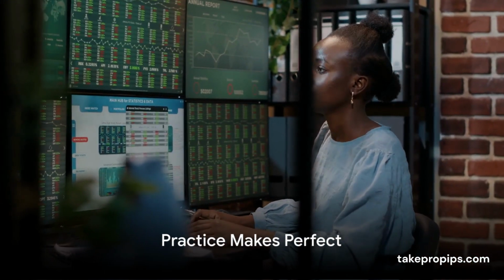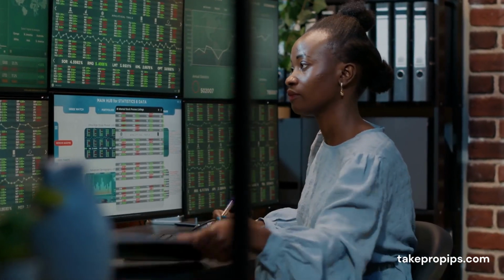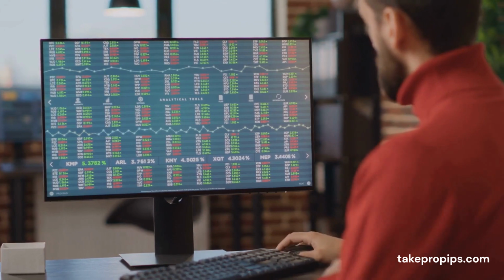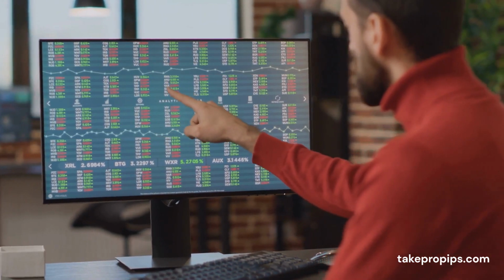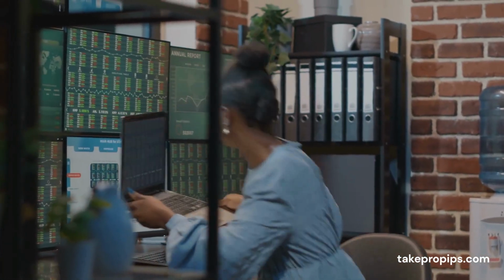Ever tried perfecting your risk management strategies in a risk-free environment? Well, that's where demo accounts come in handy. These accounts offer you the luxury of trading in Forex without the fear of losing a single dime of your hard-earned money. It's like a sandbox, a place for you to experiment, learn, and understand how different strategies work in